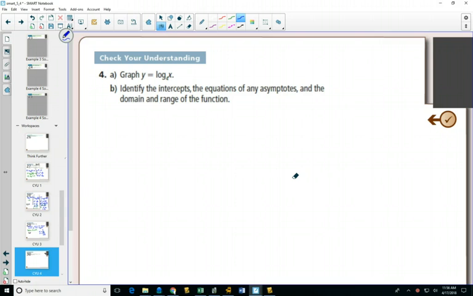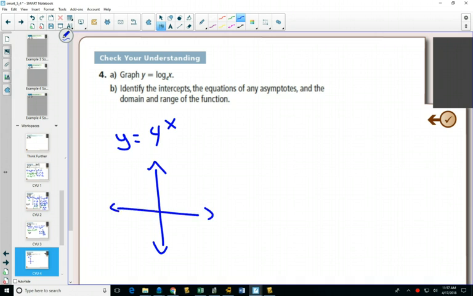We know how to graph all of our exponential graphs. That's what we did in the first couple of sections of this chapter. So we can graph y equals 2 to the x, y equals 3 to the x, y equals 4 to the x. And for y equals log base 4 of x, it's going to be related to the exponential graph of y equals 4 to the x. And since I already know how to graph this one, we know that all exponential graphs have the